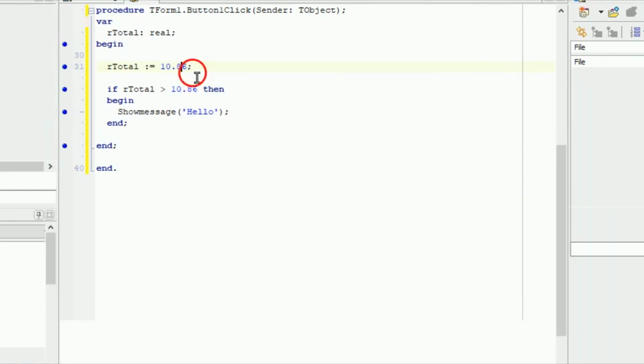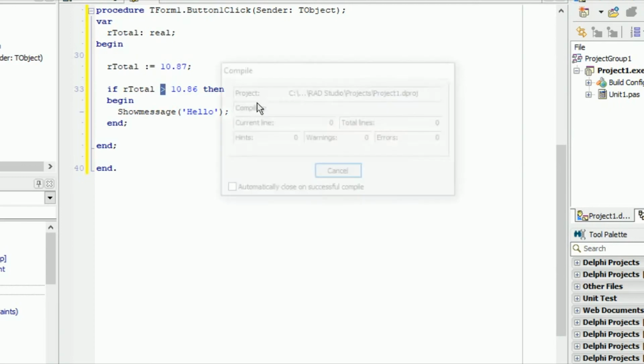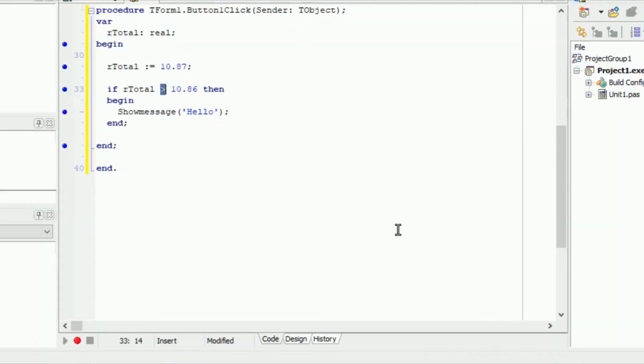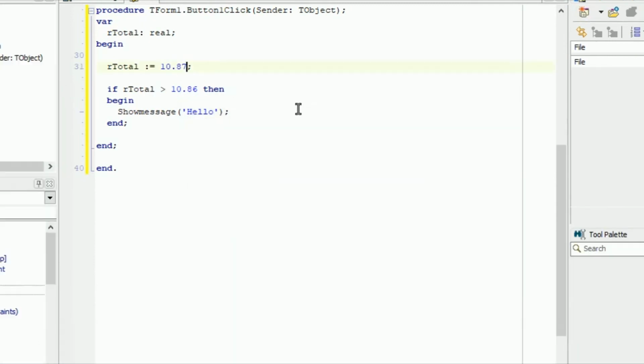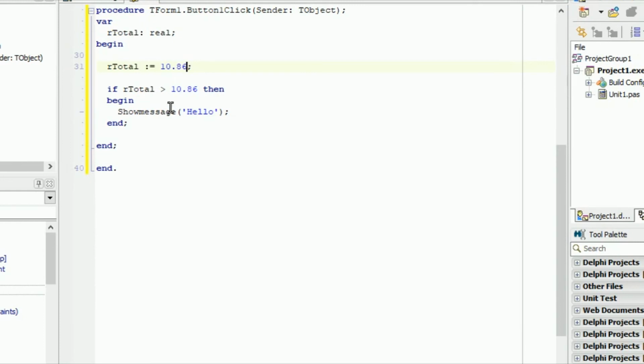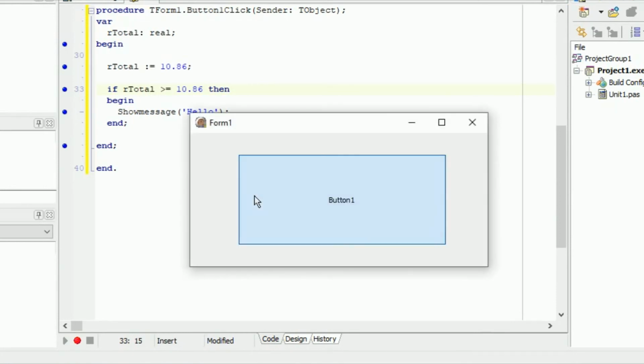But if our total is 10.87, which is bigger than 10.86, and you run the code, you will get the output. Now basically if you wanted it to include that, you can just put an equal sign there, run the code and press the button, because now,